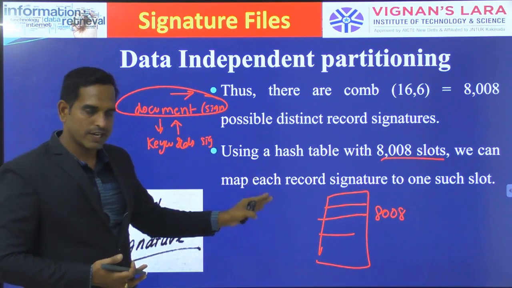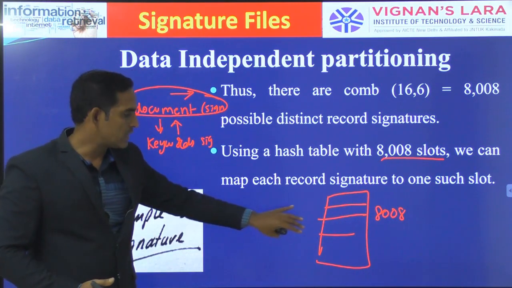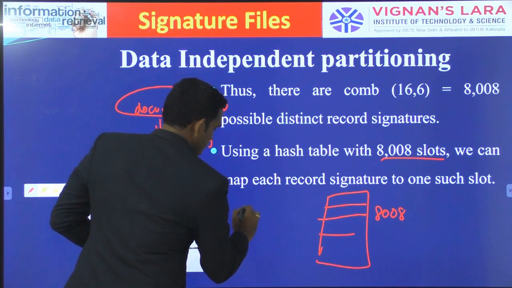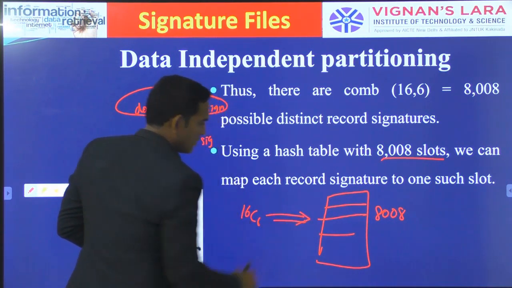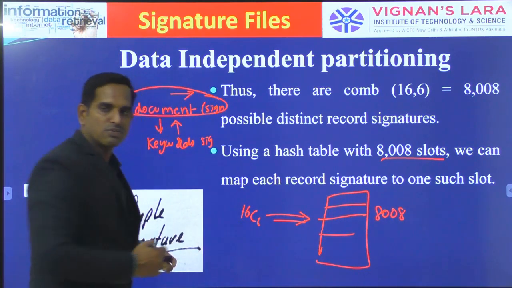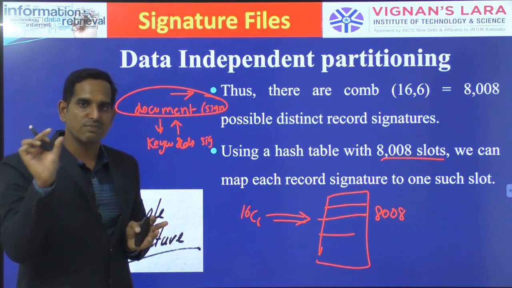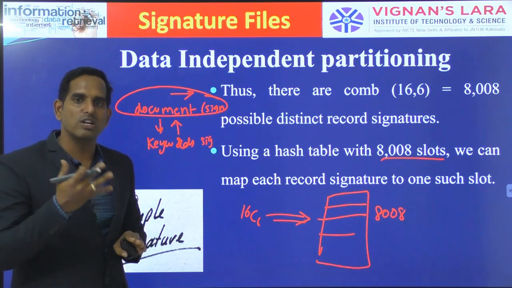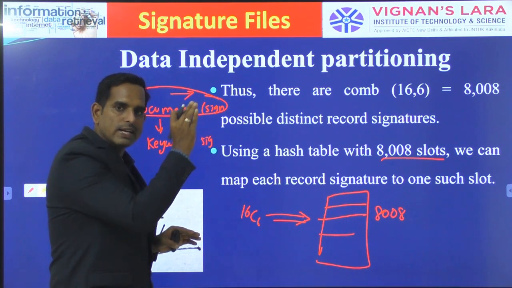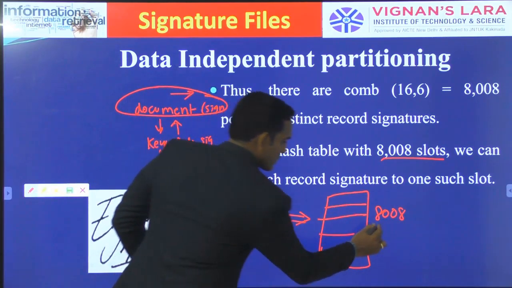So when you try to use this method, instead of searching each and every document, you are trying to break down that particular into groupings. Your 16C6 combinations will be here, but what you are trying to search is only 6 different types of combinations. So your record signature will be mapped to 6 different bits, and those 6 different bits we will try to search. Whenever you search for a keyword, it will be mapped to only a small set of records, and those records will be present in a localized place.